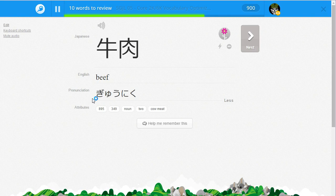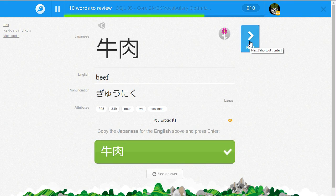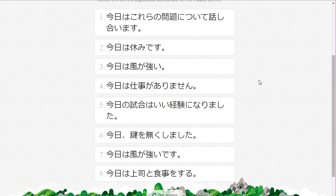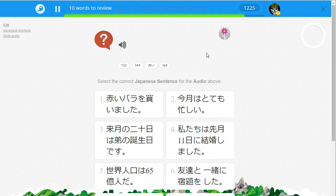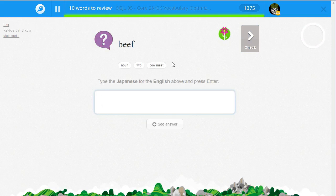God damn it. I should say beef or cow meat. Pork or pig meat. Oh boy. Okay. Gosh darn it. 牛肉。Okay. 本屋。今日鍵をなくしました。なくす。鍵。牛肉。赤いバラを買いました。牛肉。Now it may sound like I got upset for missing this, and I'm not gonna